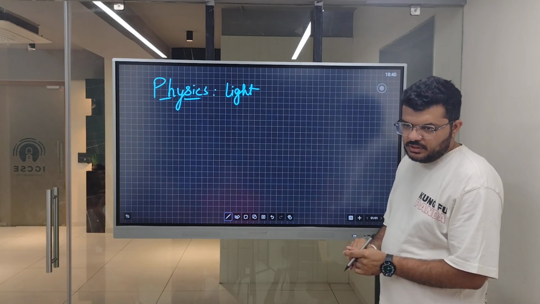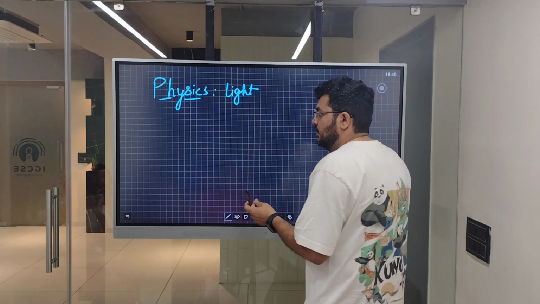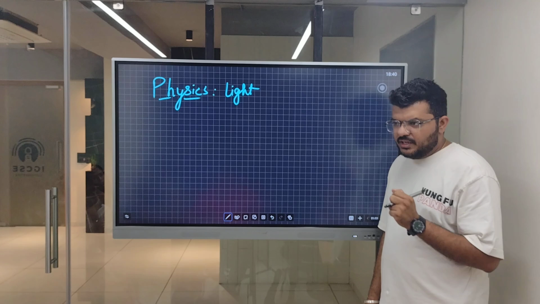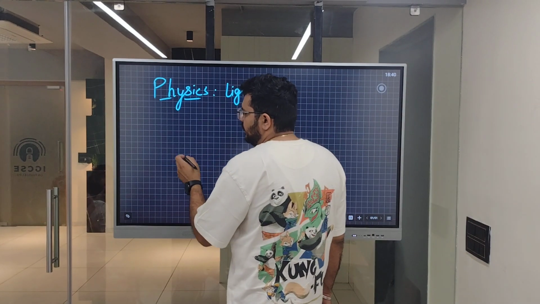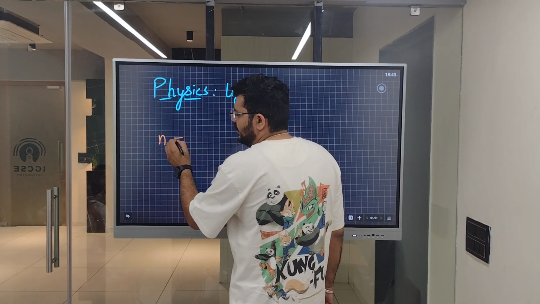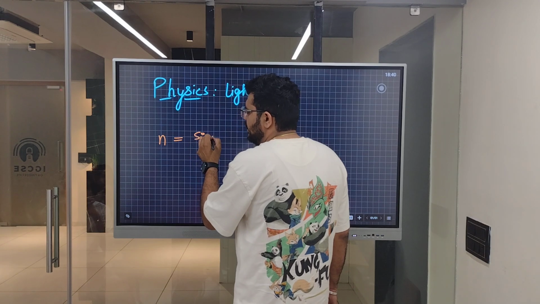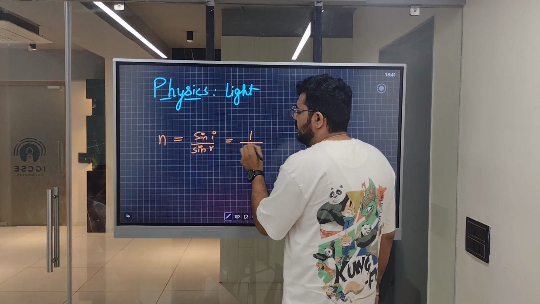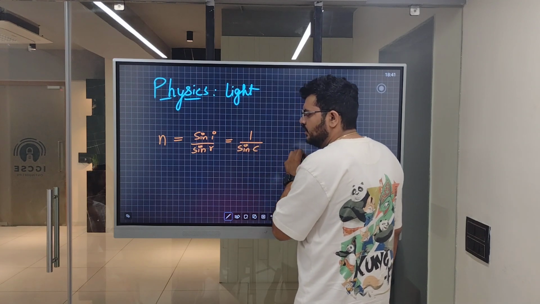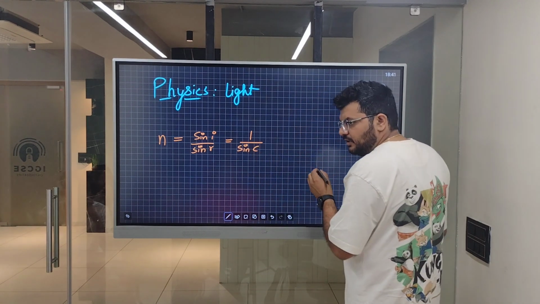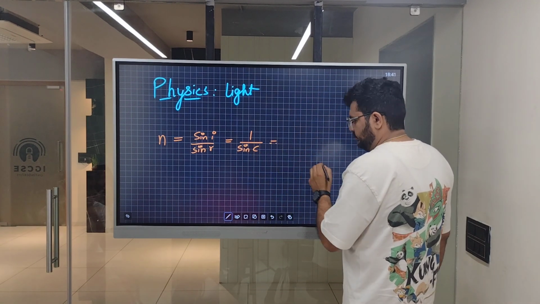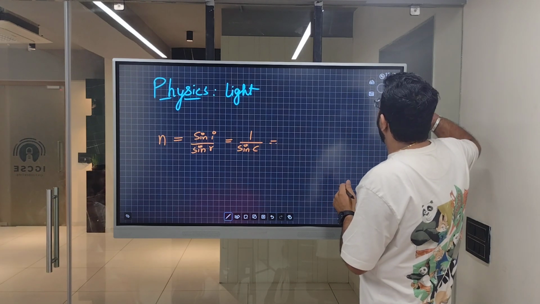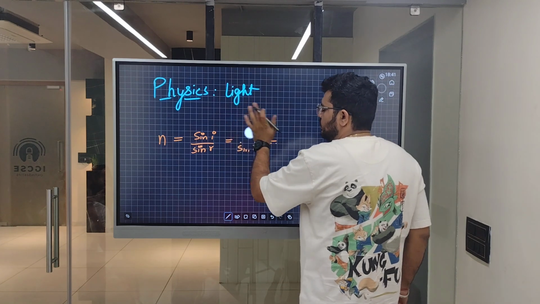In the last class we have done refraction of light, है ना? If we recap a little bit, we remember that the refractive index is equal to sin I upon sin R, but it is also equal to 1 by sin C, where C is the critical angle. We did not do critical angle? Okay, if you don't know this formula